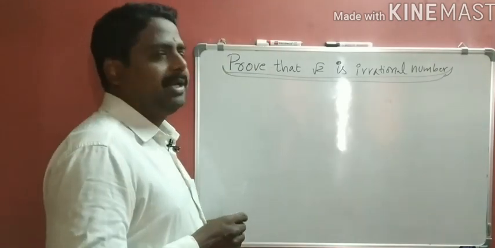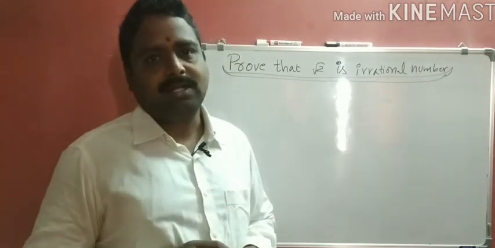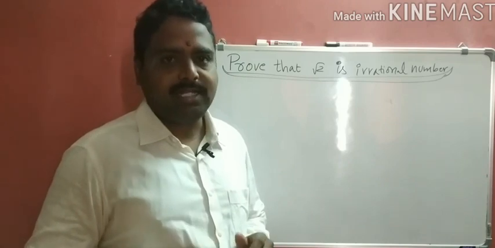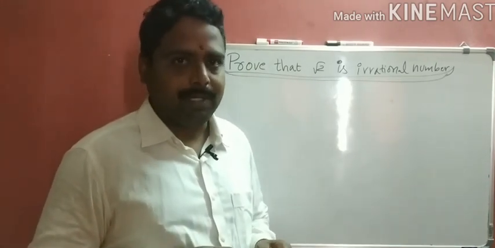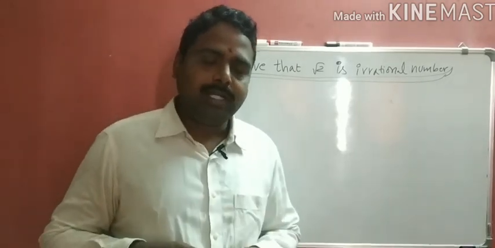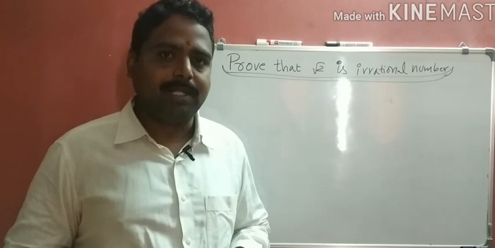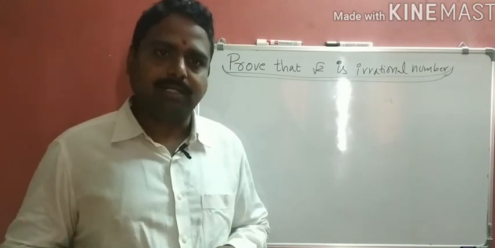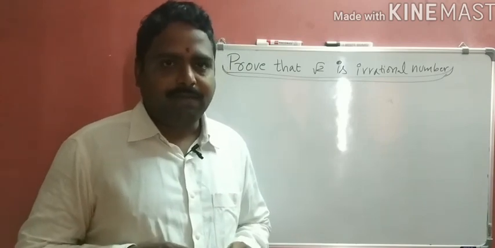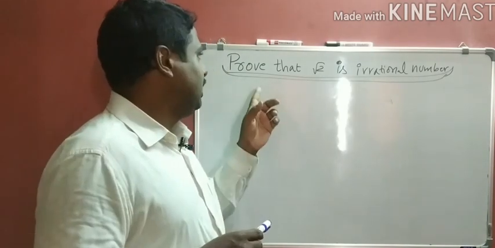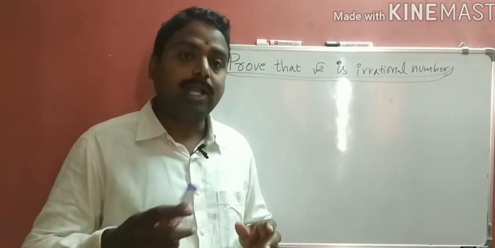Theoretical way means we can use the conditions, not numerics. We can use the conditions and conclude that the given number is an irrational number. In theoretical proofs, one of the methods is called the contradiction method. Contradiction means the opposite way. For example, here, to prove that root 2 is an irrational number, we will go in the opposite way.